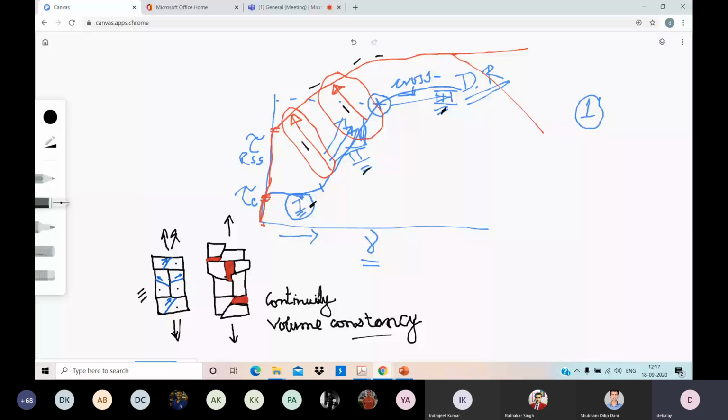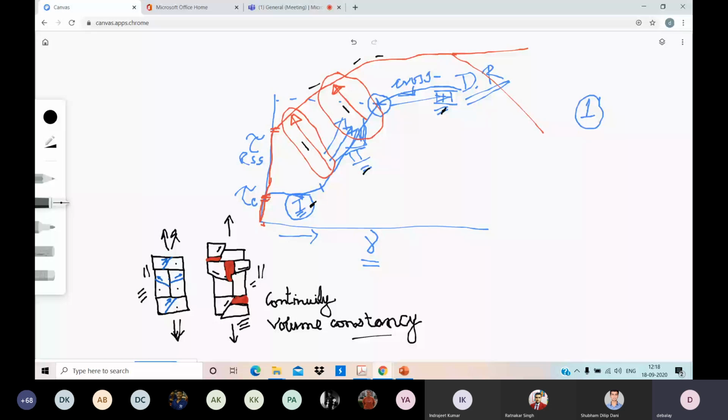What will happen to them individually if they deform? That also I have shown. What do you see? Exactly the way slip planes and slip directions are shown in this plot, the way the individual crystals have slipped in the next diagram. This side a slip has happened. This side a slip has happened. This side a slip has happened. This side a slip has happened. As it was shown here, in the same way the slip has happened.